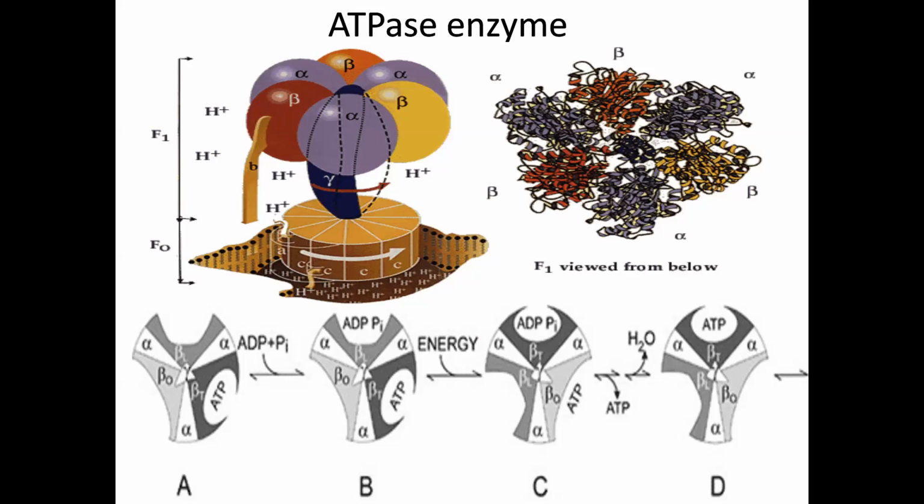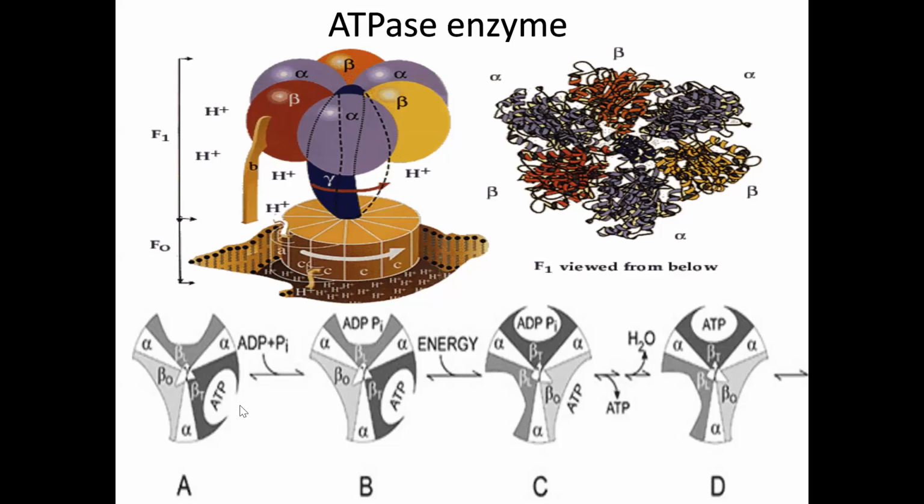This rotation induces structural changes in beta subunits, which lead to differences in bonding ability of the ADP, inorganic phosphate, and ATP during a cyclic course. This mechanism is called Boyer's binding change mechanism. Boyer also proposed that this rotation is driven by the above mentioned hydrogen ion flow through the membrane, that is called the proton motive force.